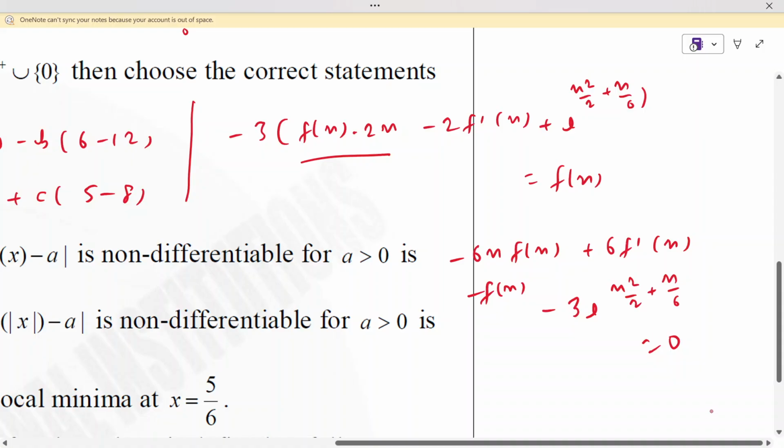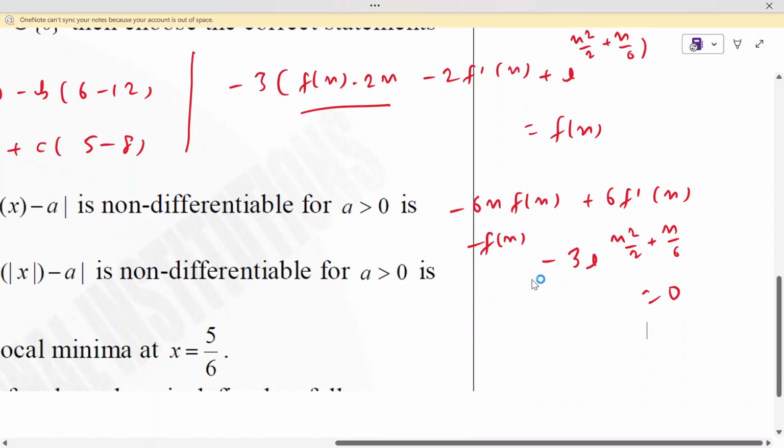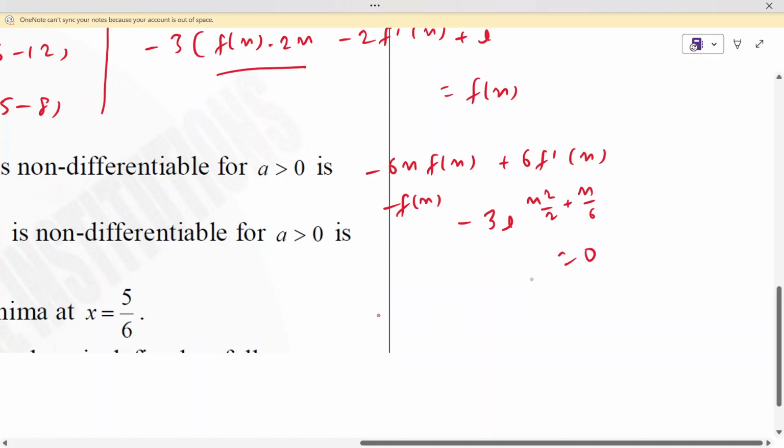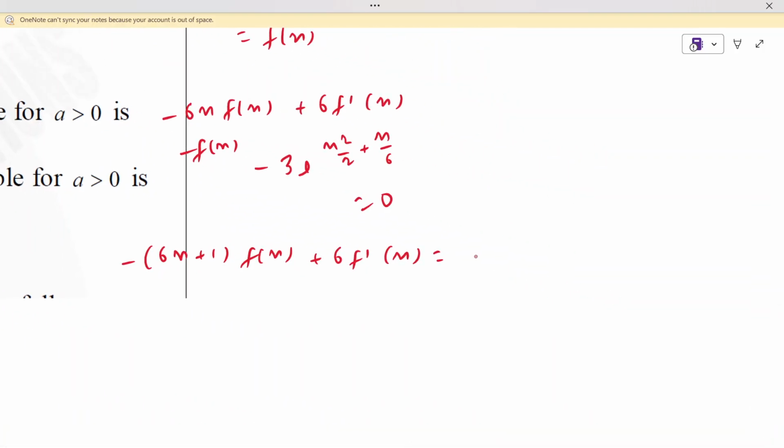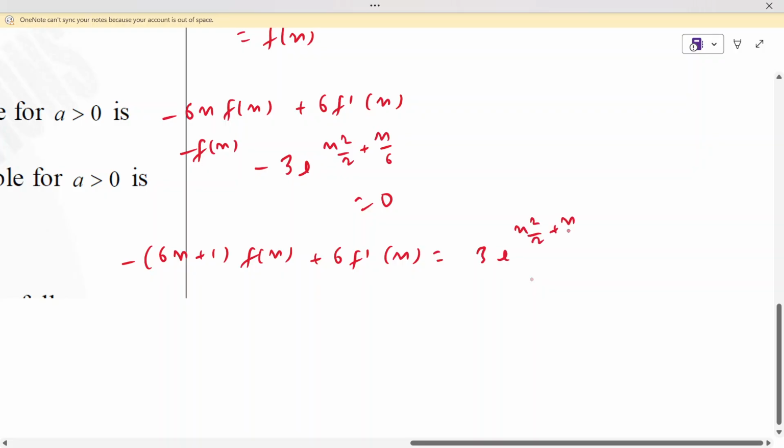So it is minus (6x plus 1) into f of x plus 6f dash x, that should be equal to 3 e to the power x square by 2 plus x by 6. Now divide by 6. So f dash x minus (x plus 1 by 6) f(x)